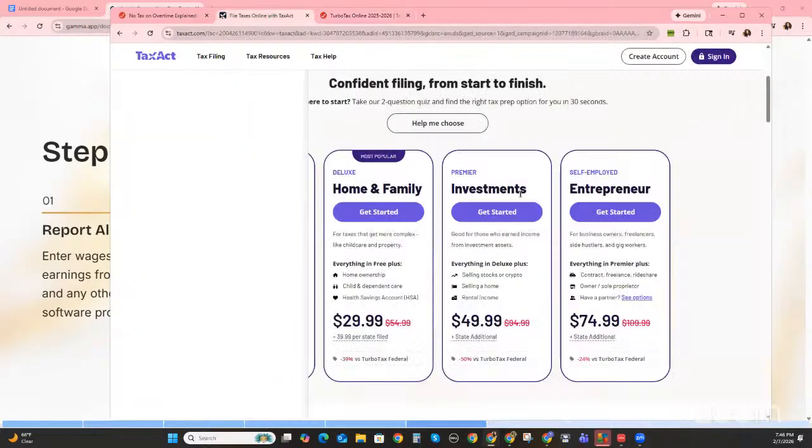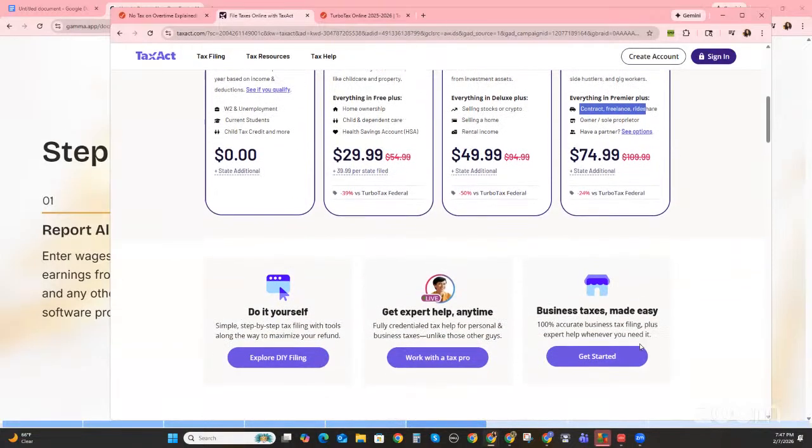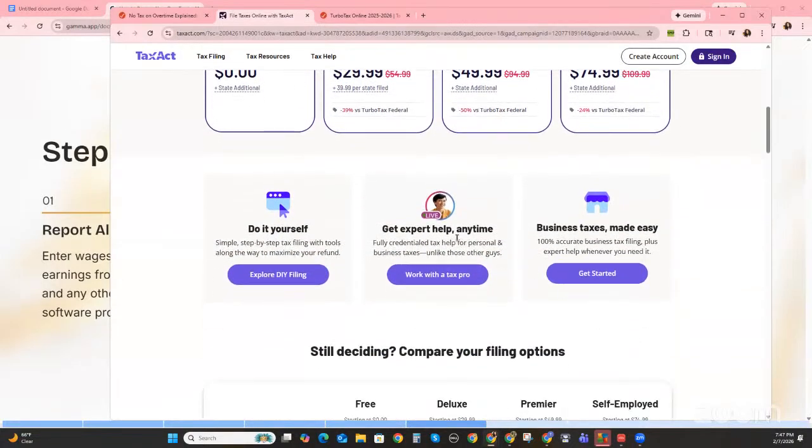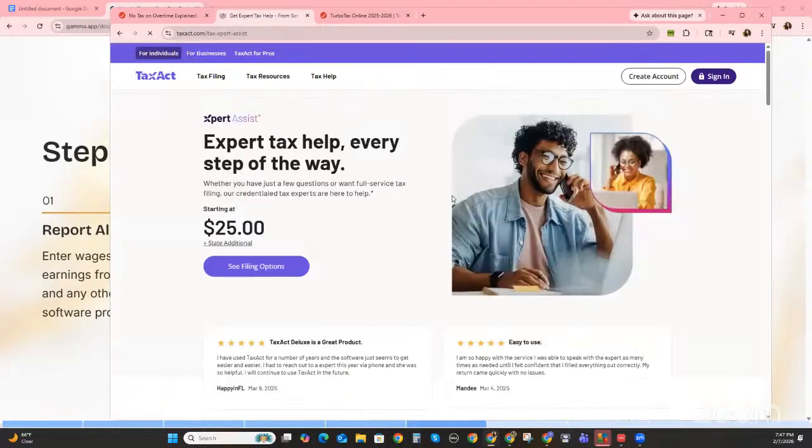Okay. So even they have it here for self-employed contracting. It's pretty much $75, plus state is additional. Oh, look, it looks like they have do it yourself or get expert help as well. So let's see what it says here. Like I say, y'all, all of these